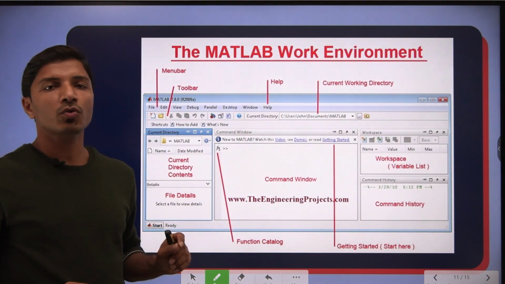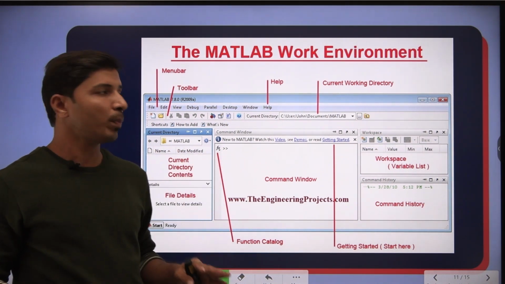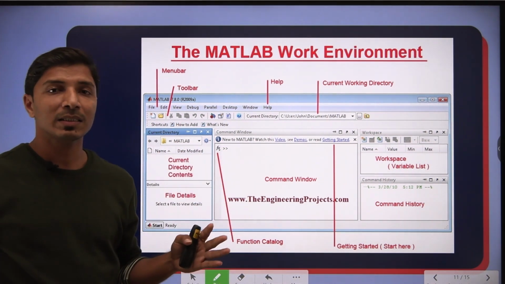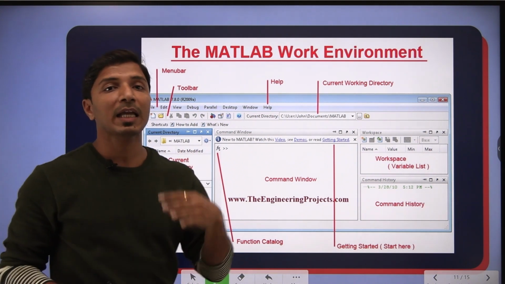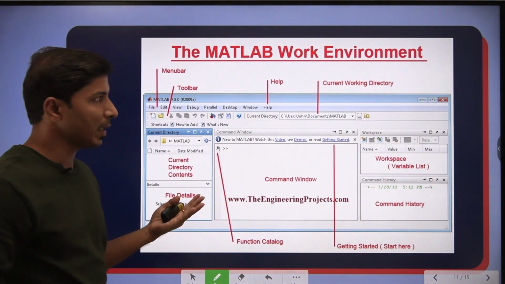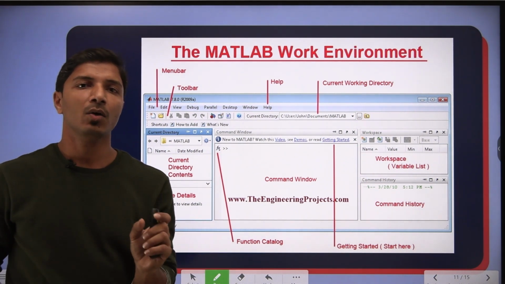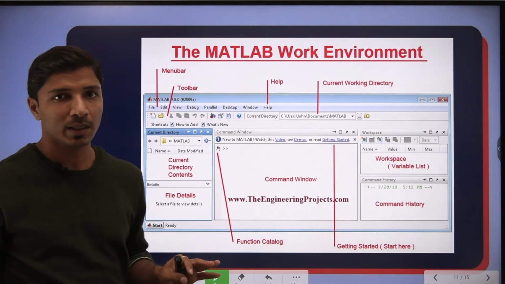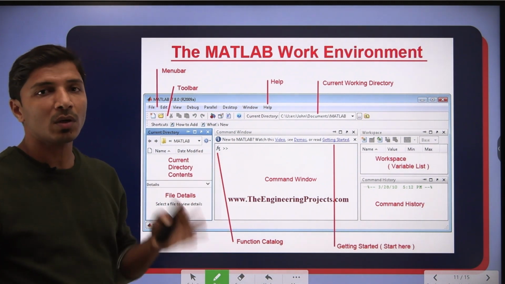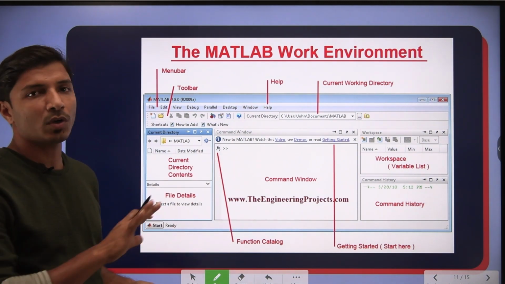MATLAB is capable of solving different mathematical equations and performing numerical analysis, and even very complex simulations can easily be done on MATLAB. Okay, this is the interface. So you have to learn whatever tools are required or related to your work. That's it, because this is very vast and you cannot learn each and everything, and even it is not required.